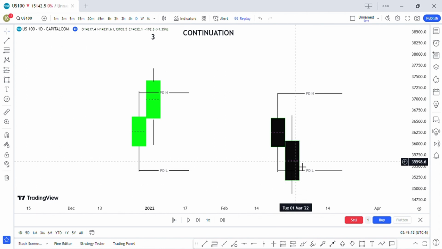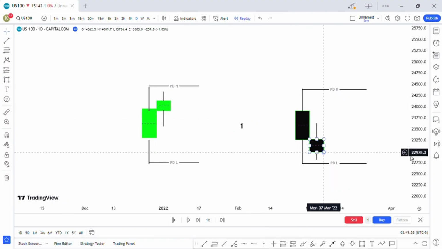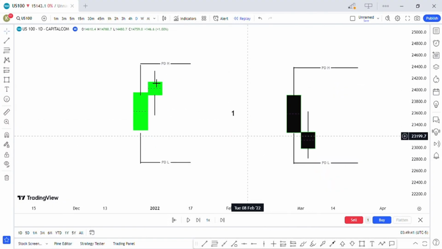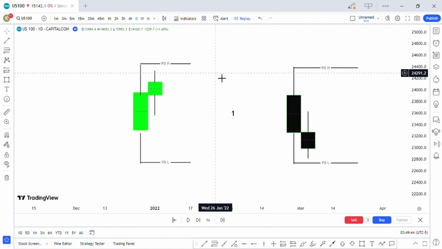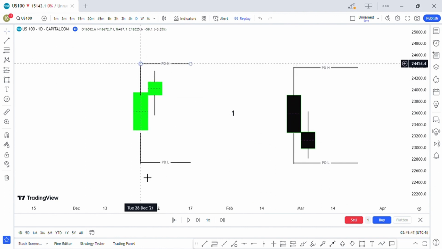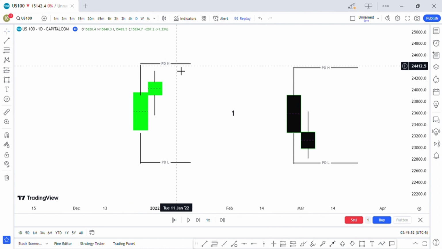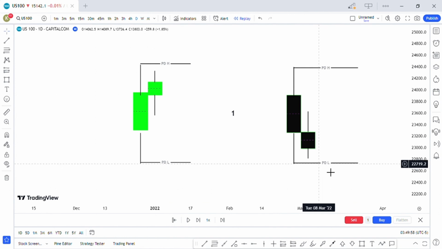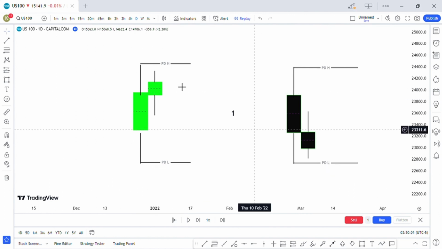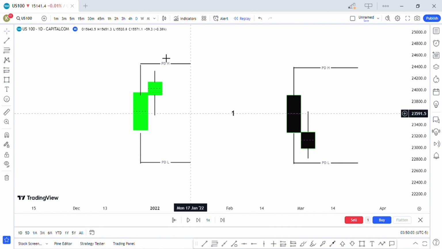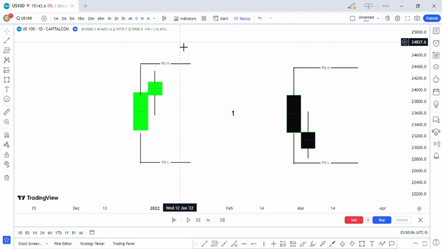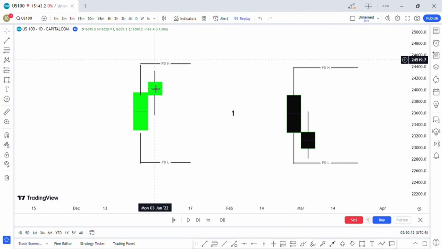The market will continue going down, right? So in recap, when you're looking at the price like this to determine your daily draw on liquidity, you look at the previous day's high and previous day's low. Whatever momentum we have in that direction, you will first draw on liquidity. Here, a previous day high is a draw on liquidity. Here, our previous day low is a draw on liquidity. It can be used either to anticipate a reversal or a continuation. If the market closes above the previous day high, we expect a continuation higher. But if the market goes up but fails to close above the previous day high, closing below the previous day's low,